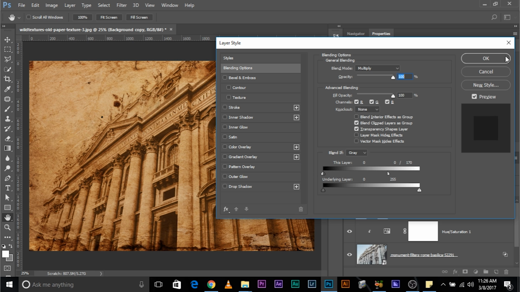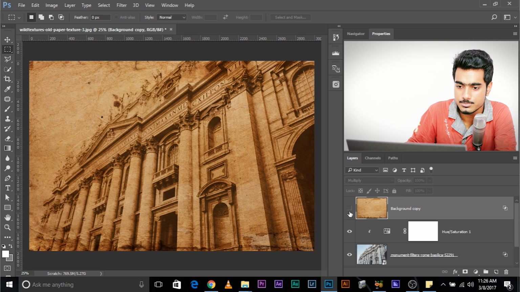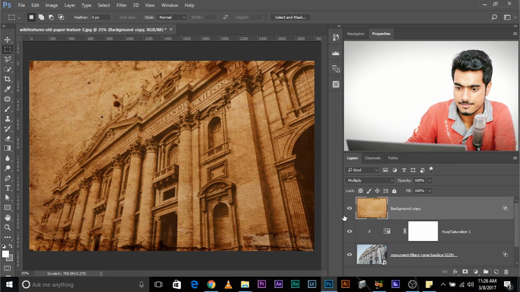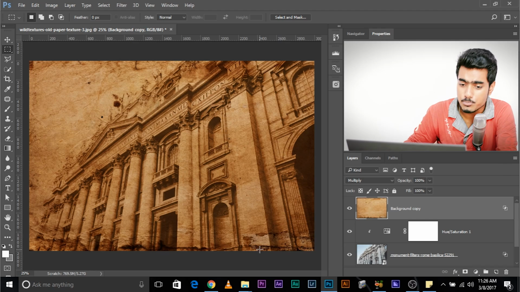There you go. Okay. Let's look at the before and after. So this is before, this is after. You might want to increase the effect a little bit more. There you go. Okay. Before, after. Now it looks funky. So the next thing that we might want to do, as you can see, the print